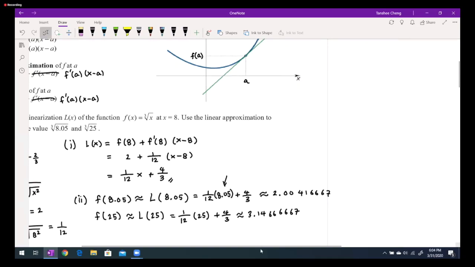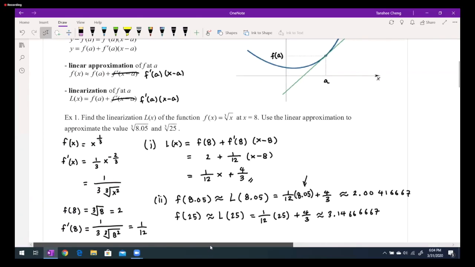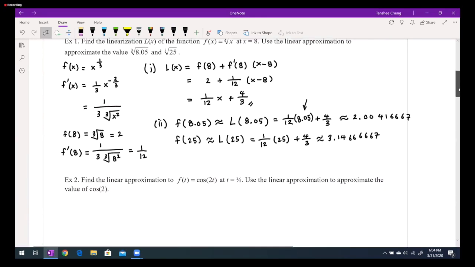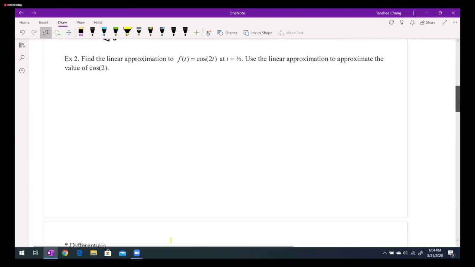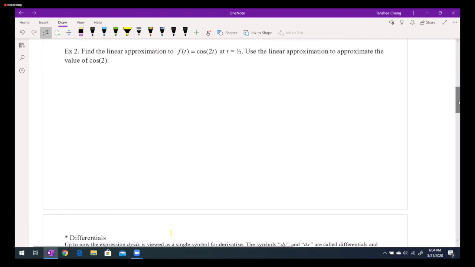Now, continue to the next example. And the next example, you're going to have to look at it a little bit twisted around right here. So almost everything is the same except something else. So the second example is asking you to find the linear approximation of the function f of t